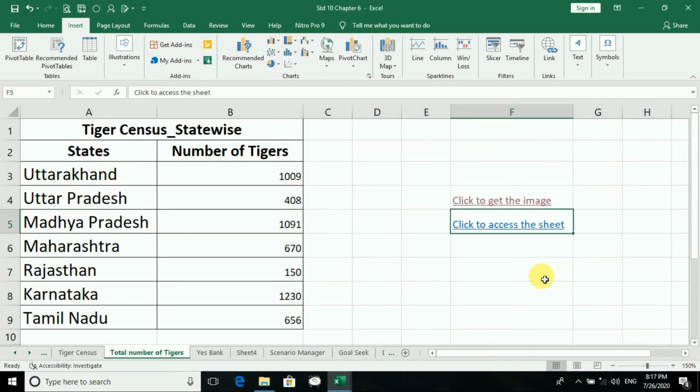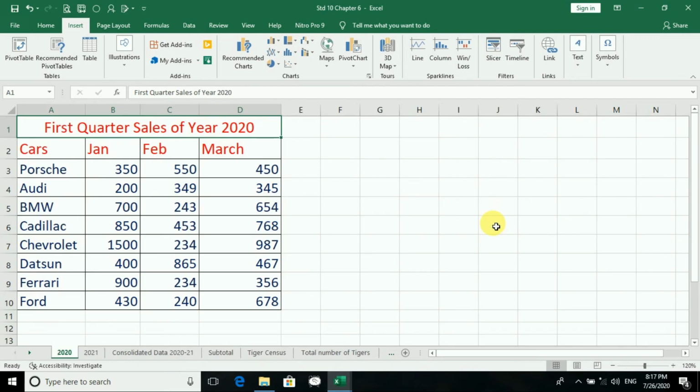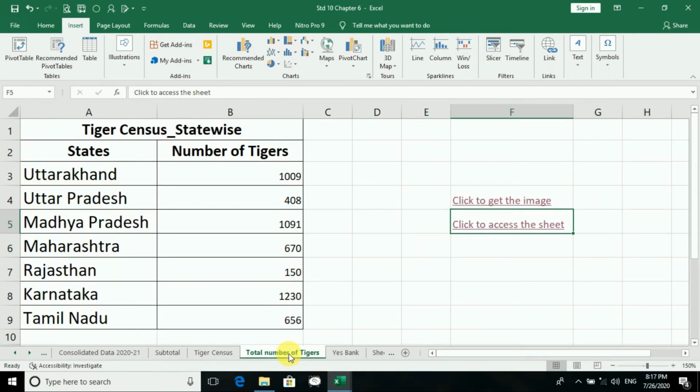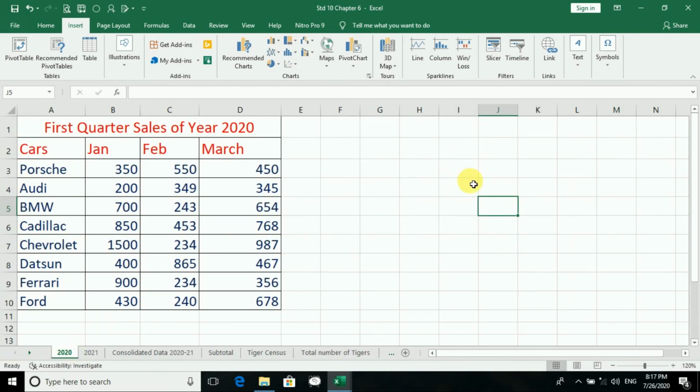So click on OK. As I click on OK, now I will click. You can see here I am on the 2020 sheet. Okay, if I want to get back from here, yes, I can get back. So here you can see where I have done this thing. I have done it in total number of tigers. So yes, I can go for it.